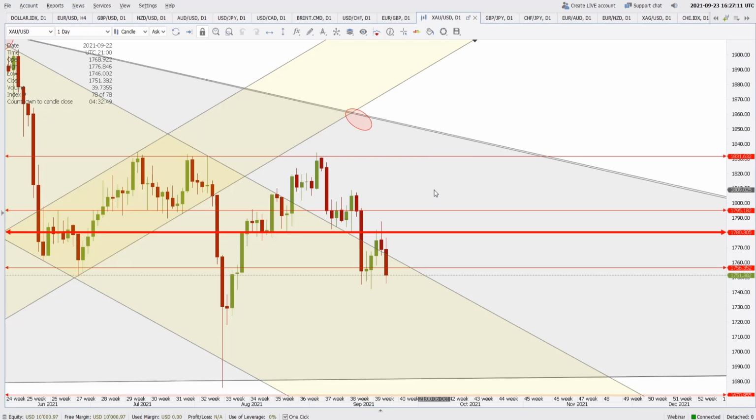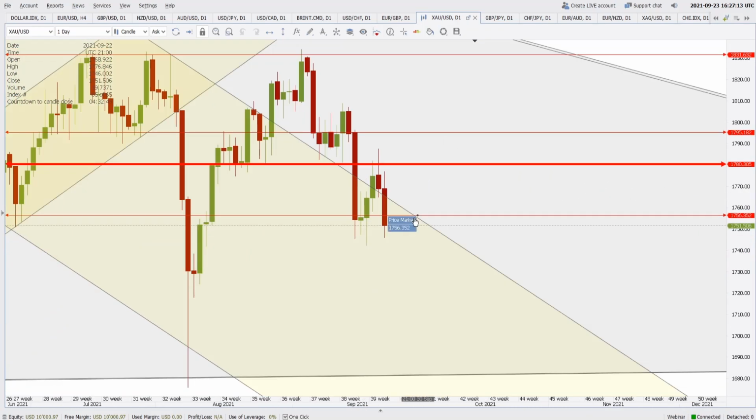Talking about the gold, no surprises here. We were aware that if the price starts going up, then 1780 level will act as a resistance. But here is one interesting thing developing here today. If the price closes below these three candles' opening or closing prices, that means if it closes below, actually I should mark it, if it closes below this 1753 mark today,